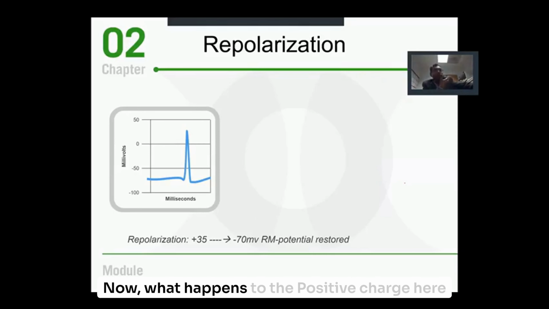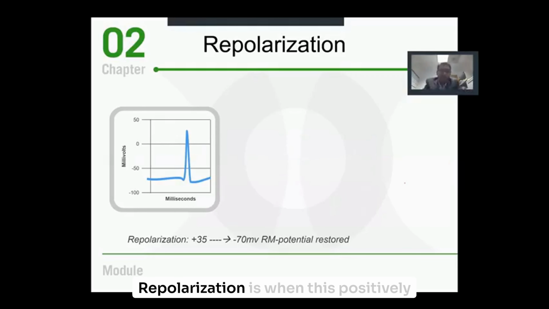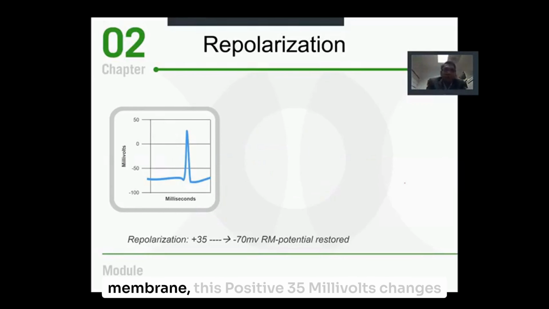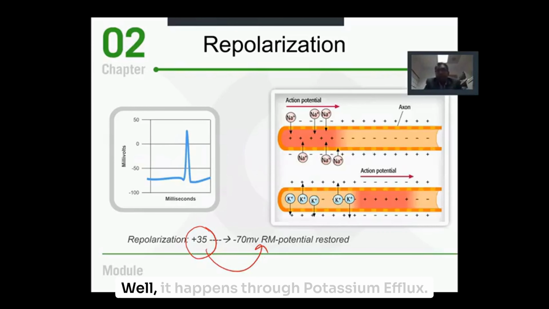Now, what happens to the positive charge here once it is transmitted to the next part? Well, it goes through the next step, and it's called repolarization. Repolarization is when this positively charged membrane, this positive 35 millivolts, changes to negative 70 millivolts, back to its original resting membrane potential. The question is, how does it happen? Well, it happens through